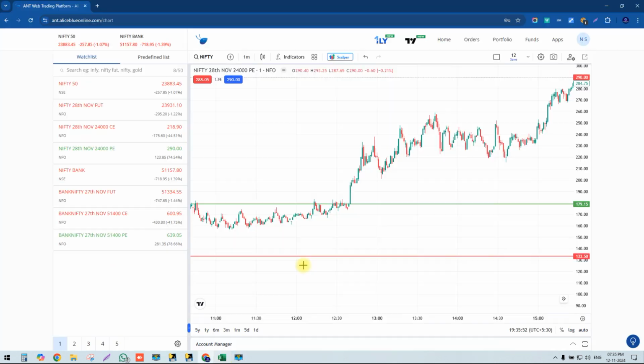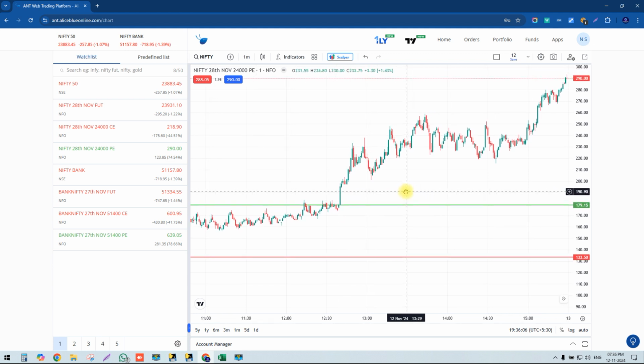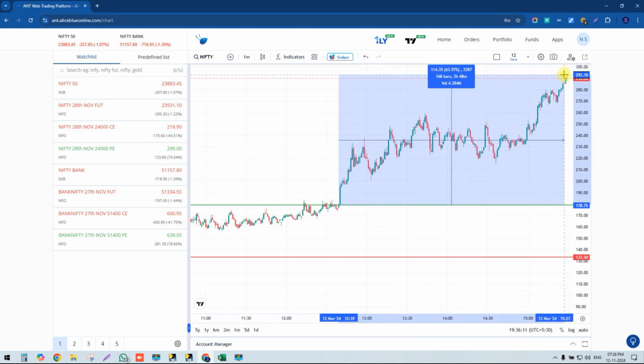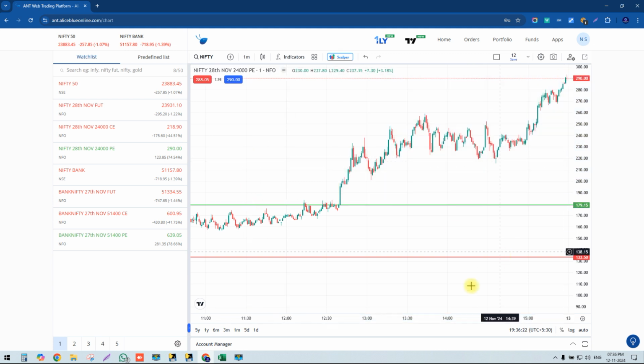was generated. Obviously in put option, if there is a bearish in call option, there is a bullish in put option. Okay, here our sell was generated, buy was generated here in put option. Yes guys, here in the put option buy was generated and market went up almost 114 points from our breakout strategy in put option. Okay guys, we'll see next Bank Nifty.